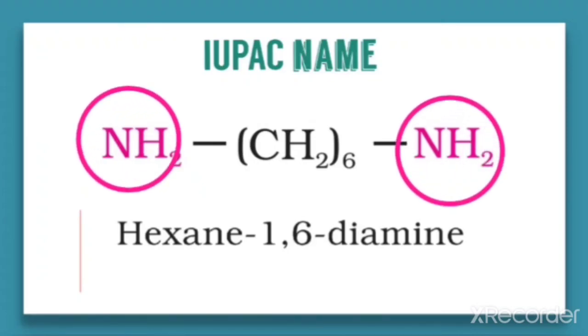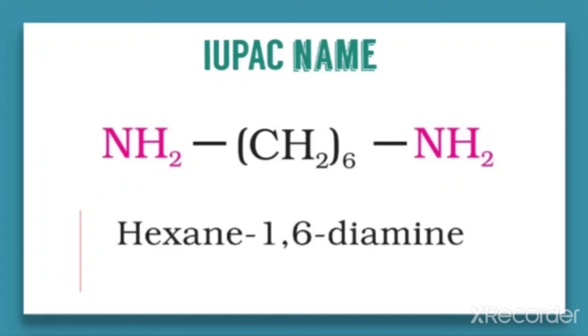In such a case, how do we name this one? Because in the center you can see CH2 six times. CH2 six times means there is a carbon chain of 6 carbons taken as the main chain. So here the main chain has 6 carbons. Therefore the word root we have to name is hex, because it is a 6 carbon atom chain, therefore hex,